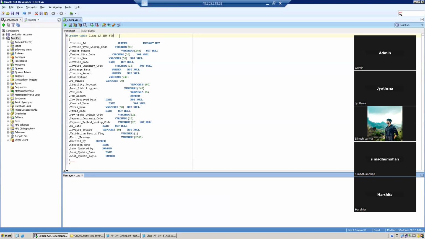This is my staging. Create table, and this invoice ID is a number and is my primary key. The invoice type lookup code is a varchar. I'm going to give the vendor name, vendor site code, which is not null, as well as invoice number, invoice date, currency, exchange rate, invoice amount, description, PO